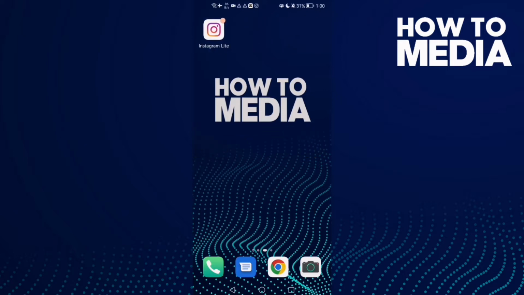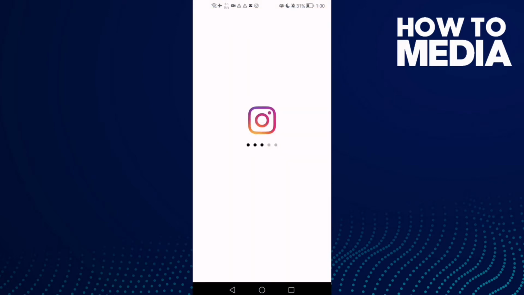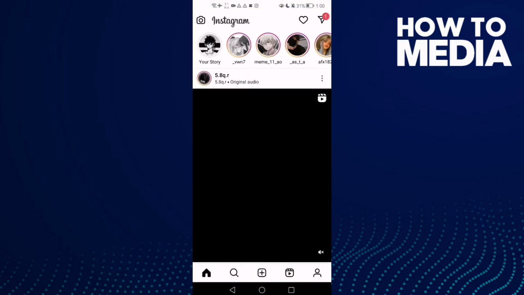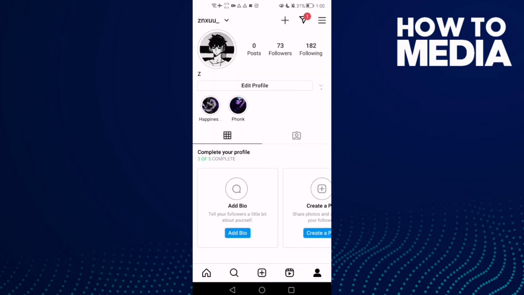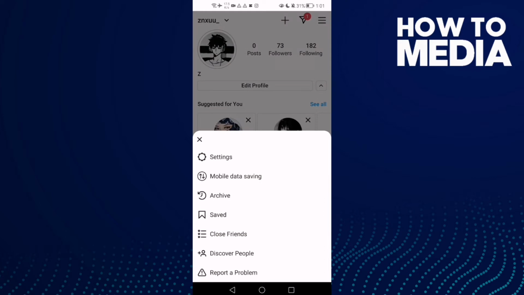First, open Instagram, and here you will find your profile. Click on it in the bottom corner and then click the storylines, and now just click settings,